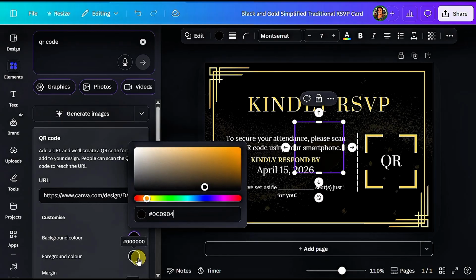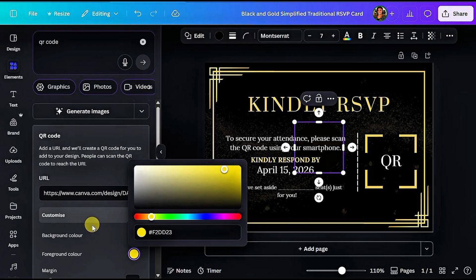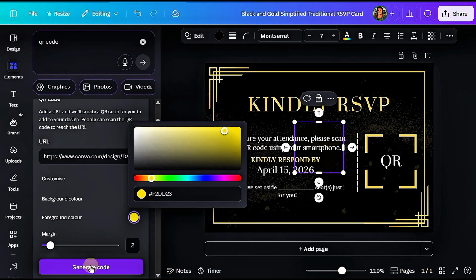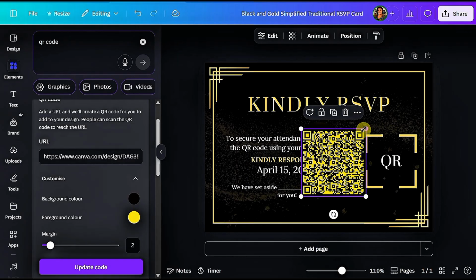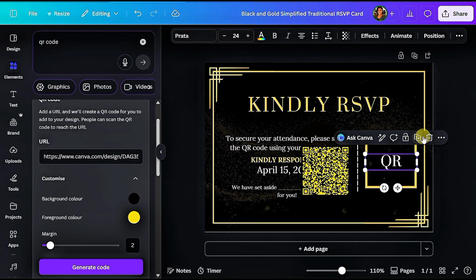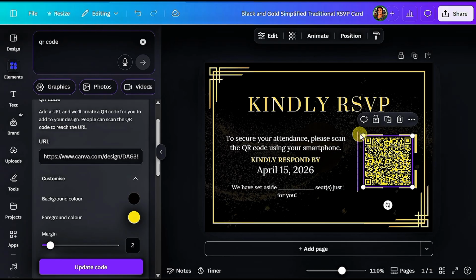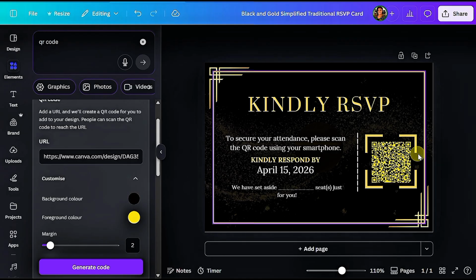I'm going to change this color to something yellowish so it blends with the color of the design. Let's see. Yeah, so this works. Once I have these settings, I'm going to click on generate code. I want to reduce the size and click on this text, delete it, bring this QR code and reduce it. You see the background blends perfectly well with the background of my design, and the yellow color works with what